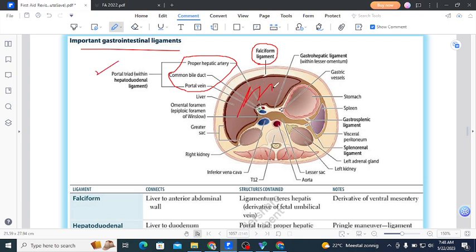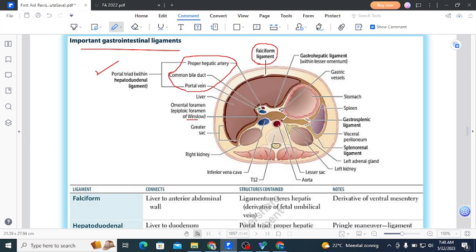Then this is called the liver. Actually it is a cut section, and if you feel like it, you may also call it a CT cut section, because on a CT scan you get a picture like this. Not so clear, there are vague structures, vague opacities and vague illuminations, but it is a cut section of the human body at the level of the abdomen. Then we have the liver. Then the omental foramen,